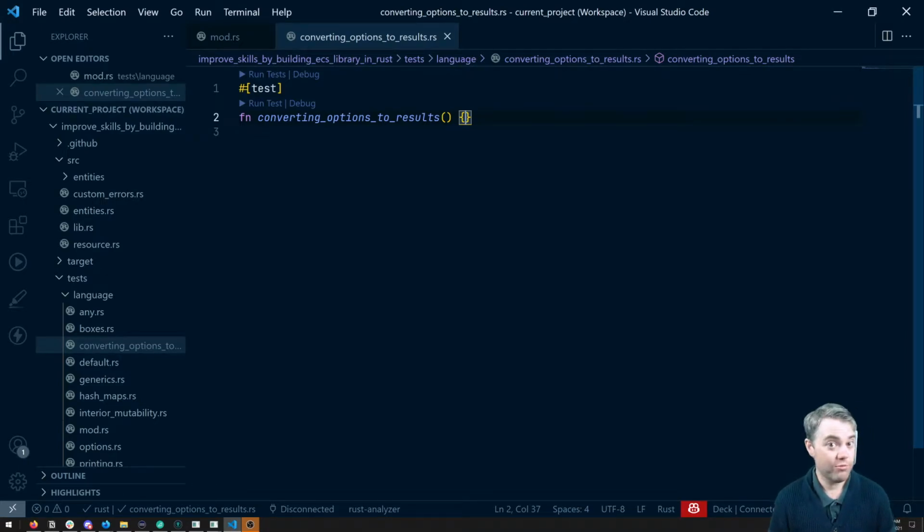Sometimes when we're working with Rust and we have options, we don't want to just have a bunch of unwraps. There's this sort of unspoken rule in Rust that we just use question marks everywhere instead of unwraps for result types. But then if we have option types, we potentially have to do a bunch of unwraps. Now we could do a bunch of if let Somes to extract the contents, but